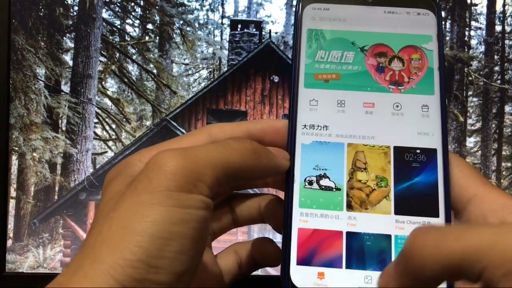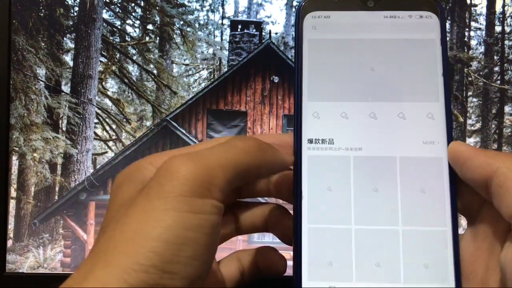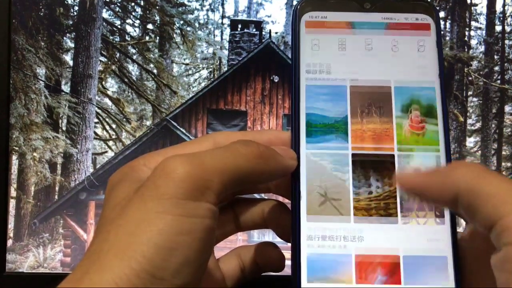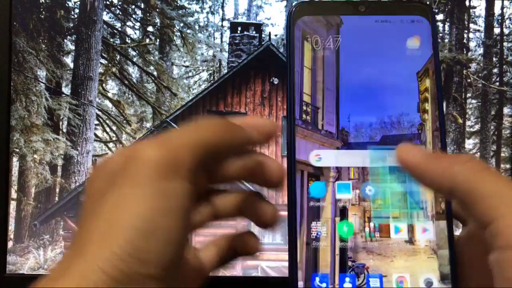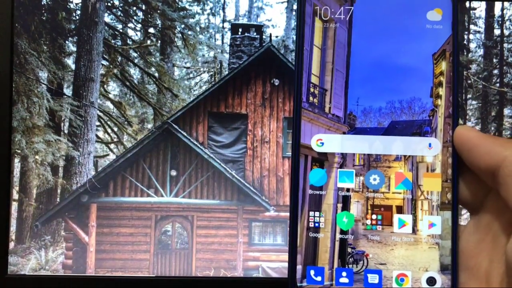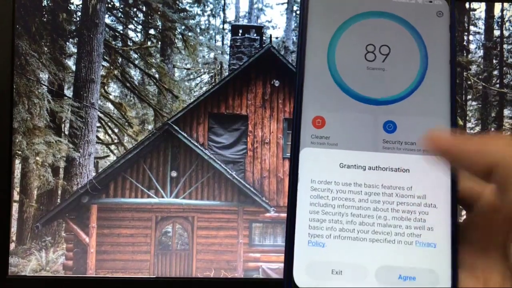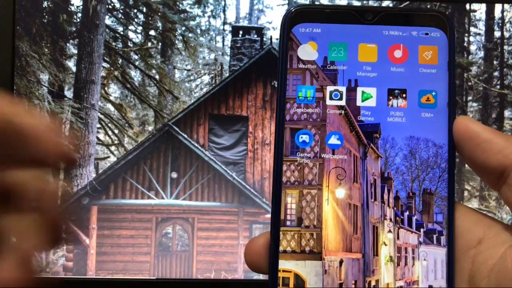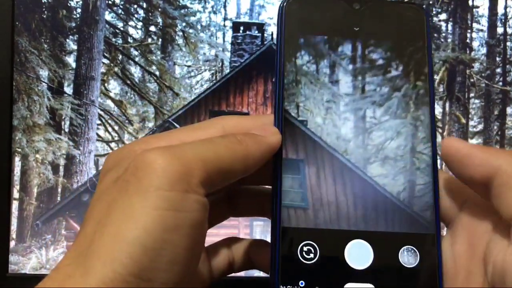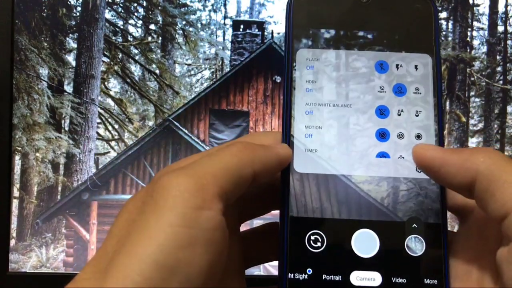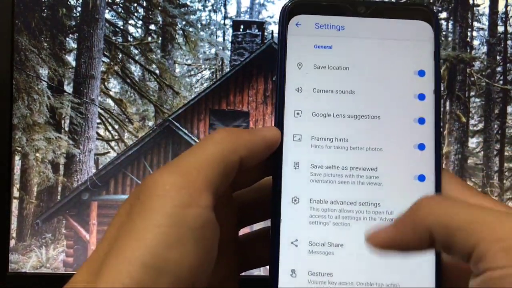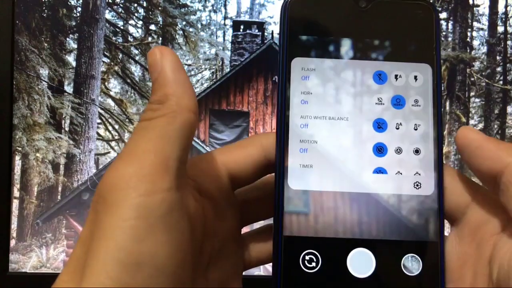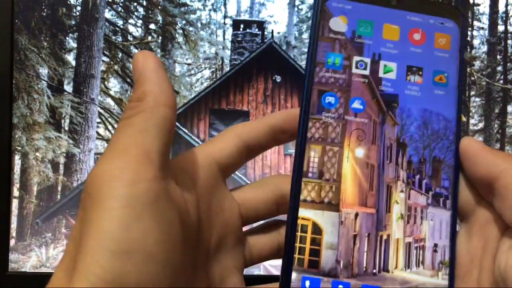Even you cannot use the wallpapers here. Here you can see you cannot install the wallpapers, you cannot use those wallpapers. But okay, everything else is good. Unfortunately you have to keep in mind that you cannot apply themes here. And the Security app, everything is the same, just agree, and all other things are almost the same. Is Google Camera working or not? This is the Google Camera which you get here, and Google Camera is working. I'm using the latest GCam 7.3, which has lots of features you can check out, and you can easily use this GCam. So that's another very positive thing if you want to check out.